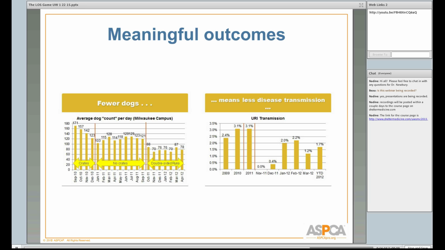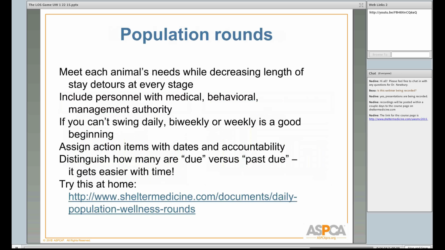So it's true for cats, it's true for dogs. Doing population rounds helps to support all of this. So in my fantasy world, there is someone in every shelter chasing everyone around, having them appreciate the value of a length of 1 day in the life of that animal in that shelter. So the value of that single care day is incredibly important. And if we do population rounds, we can be always checking to make sure that that animal is on the train it's supposed to be on, and that the stops at all the stations are scheduled, and that nobody's fallen off the radar, and that we're always making another choice, the next choice for that animal.